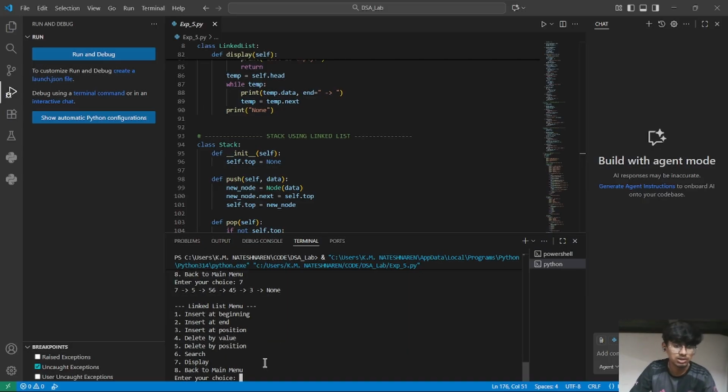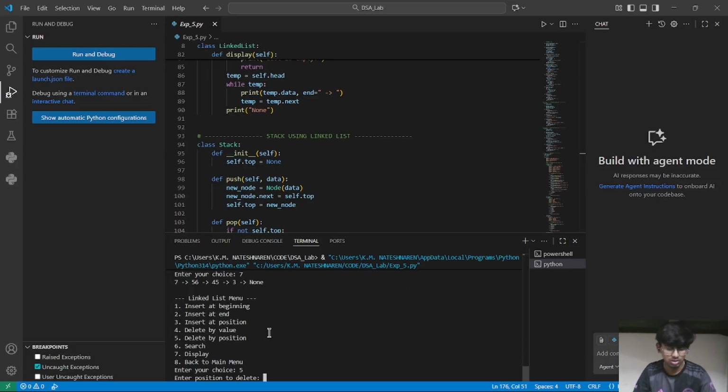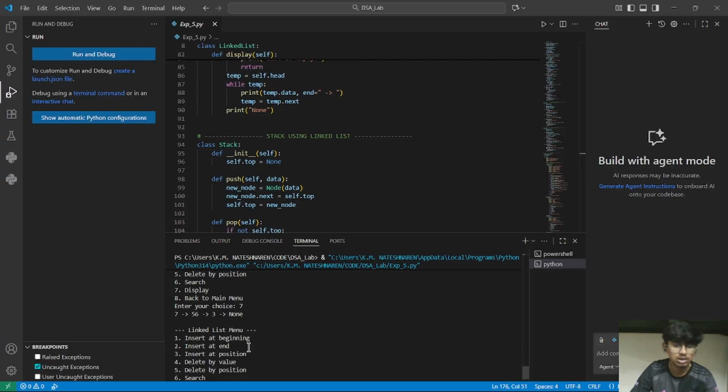Now for the deletion. If you want to delete by value, give option 4, and if we want to delete 5, we give 5, and it is deleted. If we display, the 5 is removed here. If you want to delete by position, we give option 5. Let's take an example, let's remove this 45. The position of 45 is 2, and we give 2. Now if we display it,